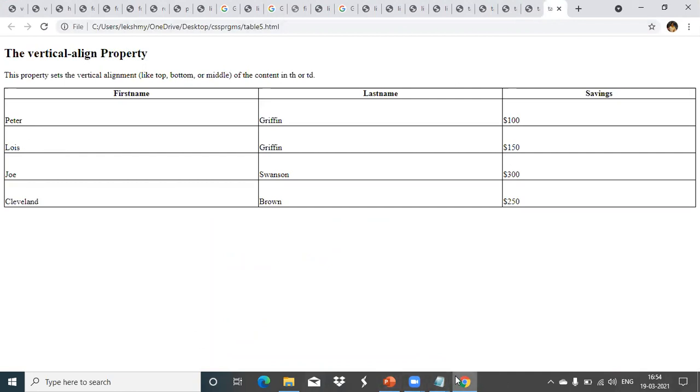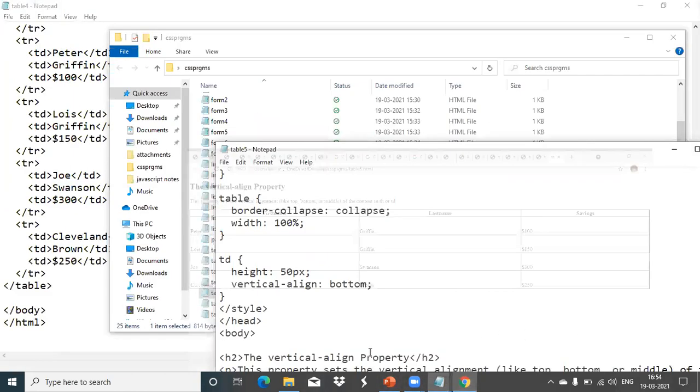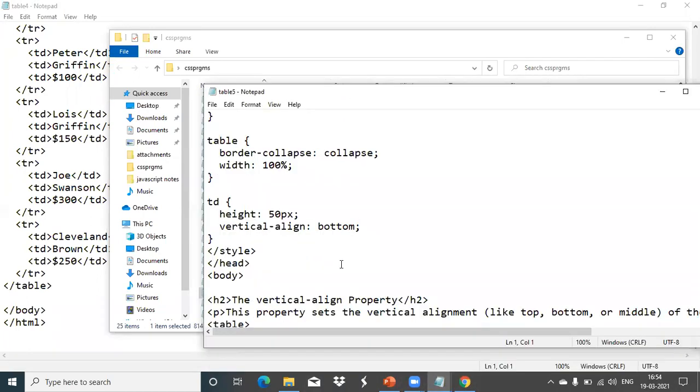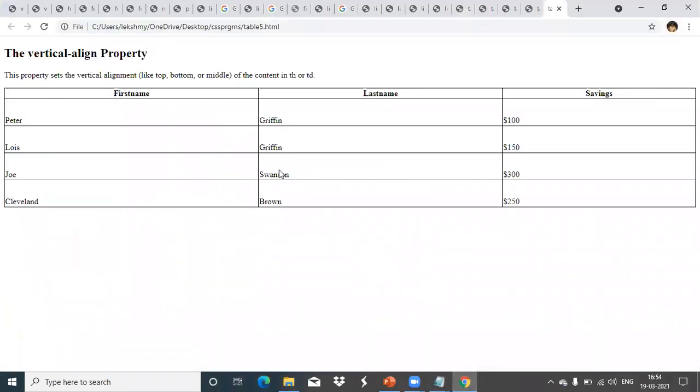Like this. That is only the height and vertical alignment property for the table data we have given. Bottom we have given. If you want, you can give it top, and we'll see. See, now the alignment of the table data changed to the top position.